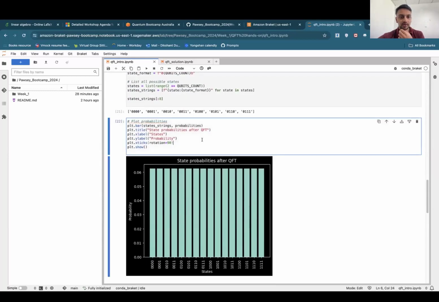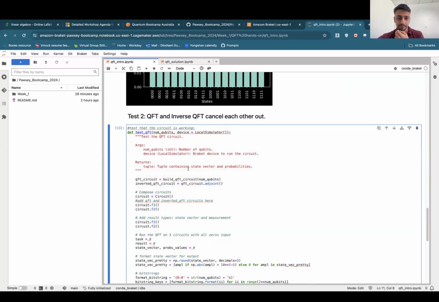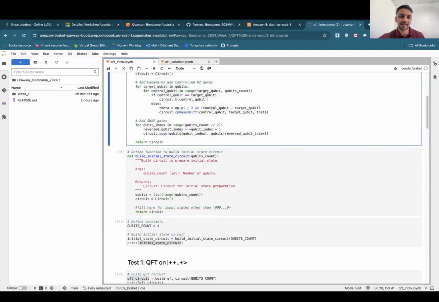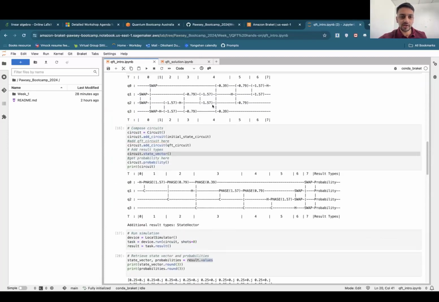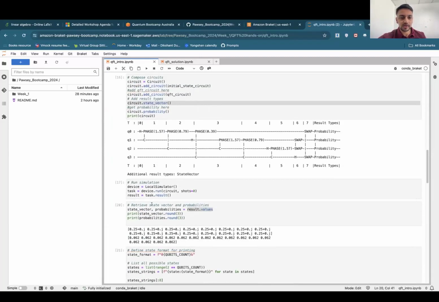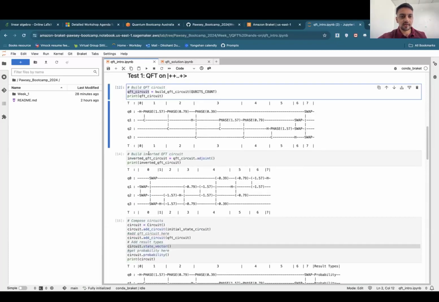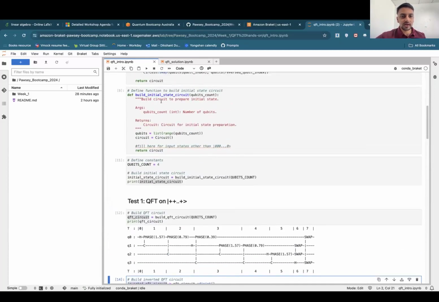All right, so this is the second test I have. The code that I wrote here could be wrong, or what you write could be wrong. So to test that, I need to also make sure that the QFT circuit that I defined here and the inverted QFT circuit that I defined here cancel each other out. Whatever state I started with, I should just